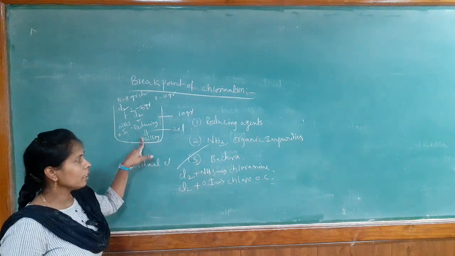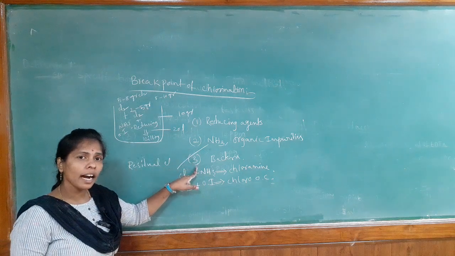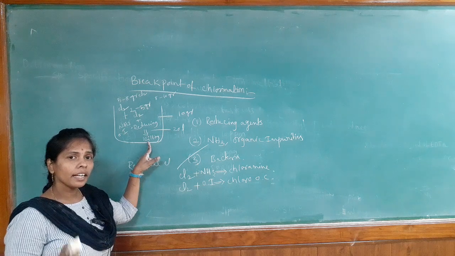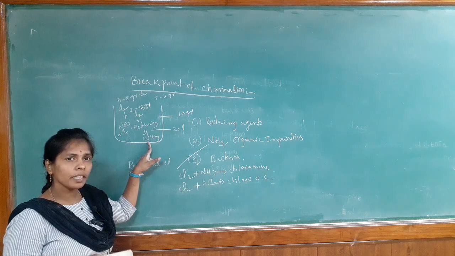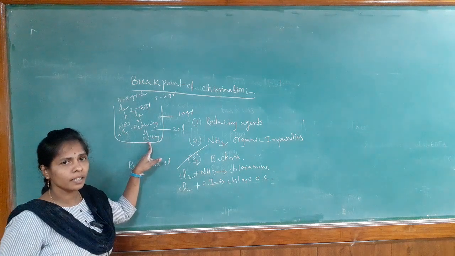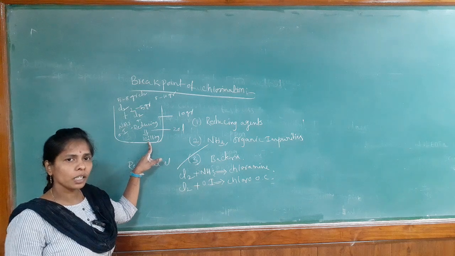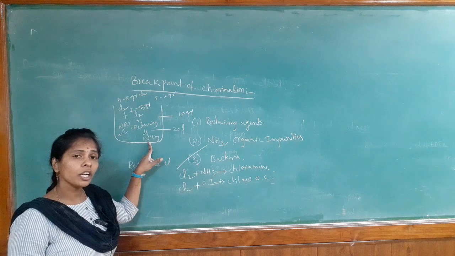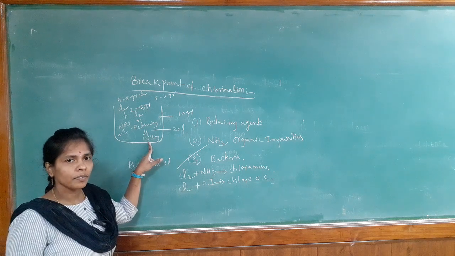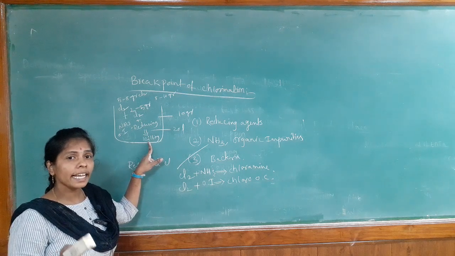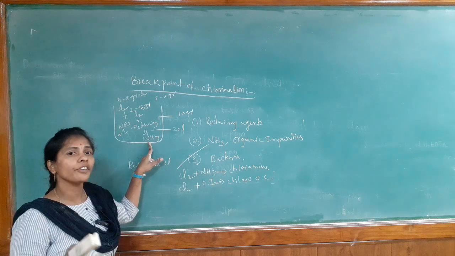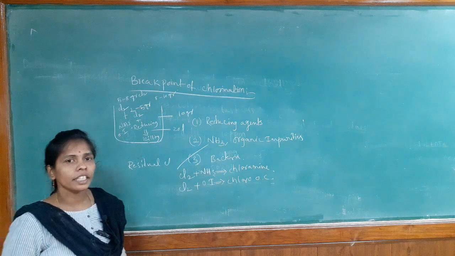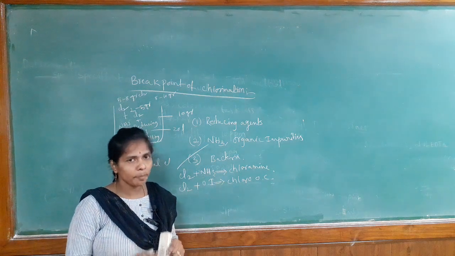So, after stage 3 also we can add the chlorine in the water sample, but when we add after stage 3, what happens? The residual chlorine will be increasing here. We know what the residual chlorine is, that is the free chlorine. At stage 4, the residual chlorine is increasing because that is the excess amount of chlorine after the break point of chlorination. So, I told you now it should not exceed 35 ppm.